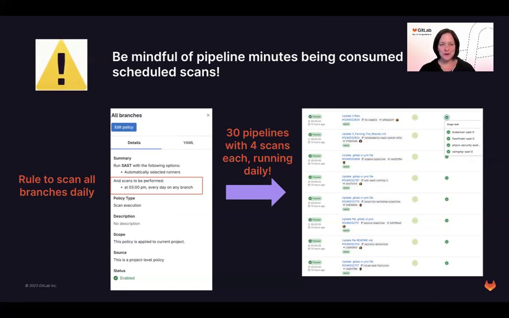For people using GitLab shared runners on gitlab.com, you're going to burn through a lot of runner minutes just by doing these scans on all branches. For people using self-managed runners, they're still using compute time and paying for that, although they have their runner set up that they're managing themselves. So it's important to be mindful. What branches do you really want to scan? What's the purpose of scanning those branches? And probably don't ever, with maybe one or two exceptions I could think of, but in most cases, you don't want to scan every branch in your repository.